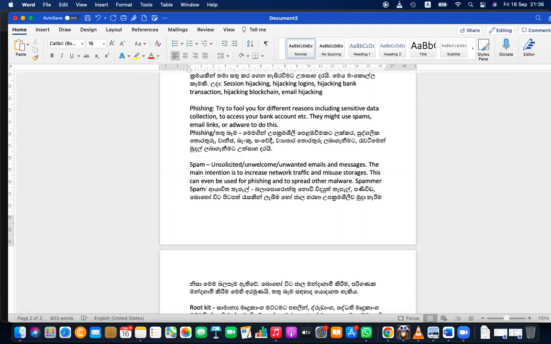Spammers send multiple copies of same info. Spammers typically send multiple copies. I think you have seen, like, if you love your mother, send this to 10 people. If you want to see a surprise, or if you want to see your battery charge, send this to 3 groups, send this to 2 groups. Likewise, the spammers trying to motivate you to send this to multiple parties. That is the nature.